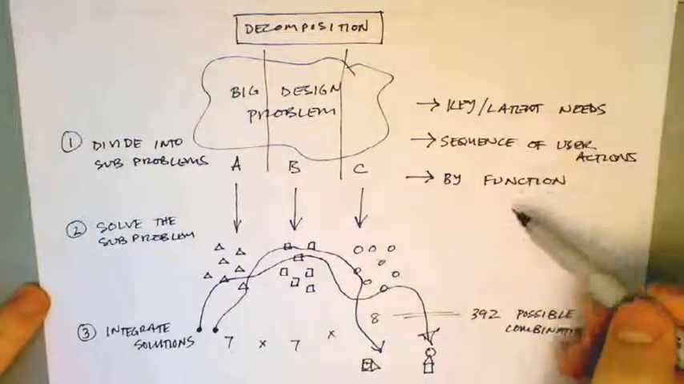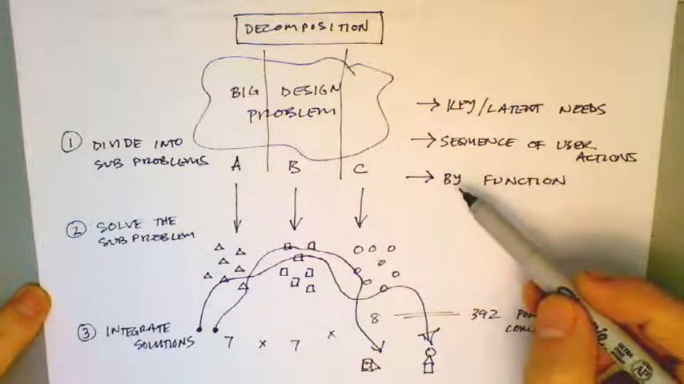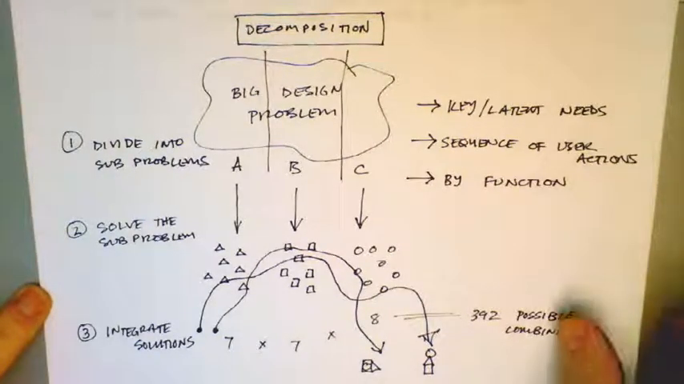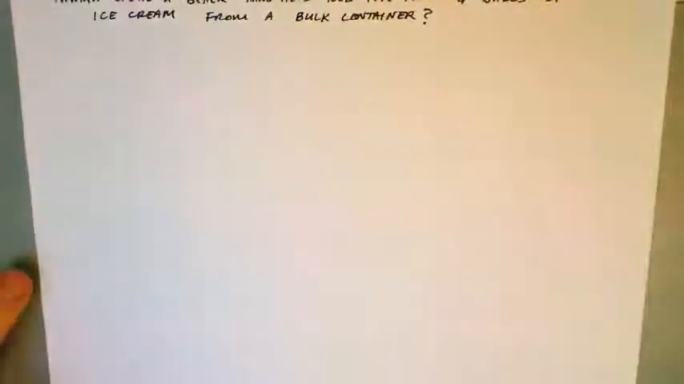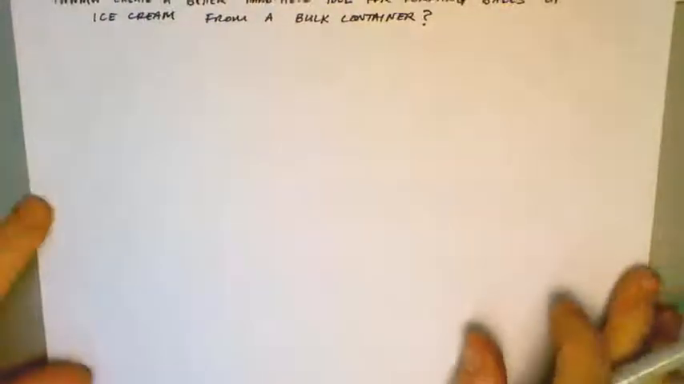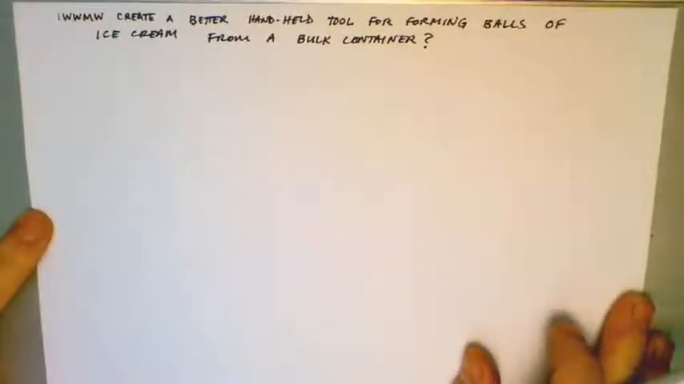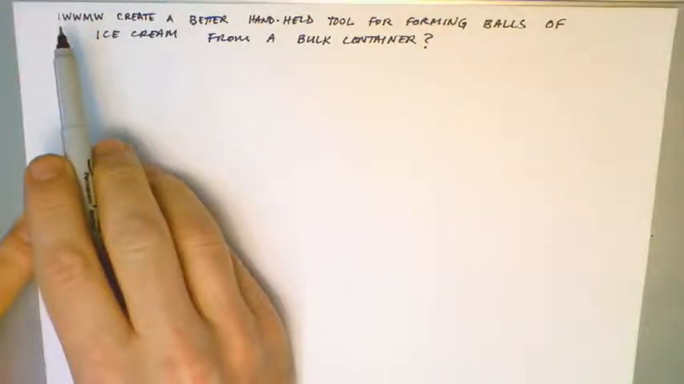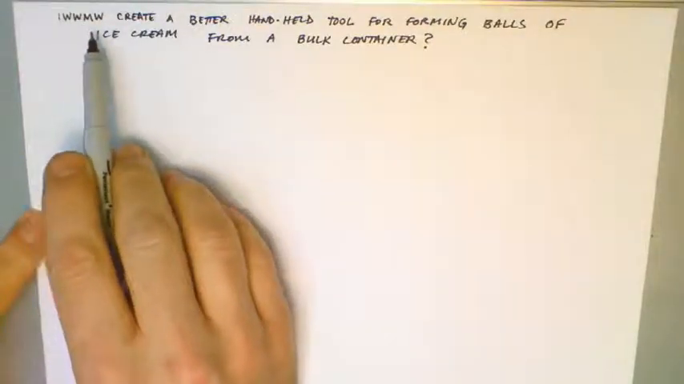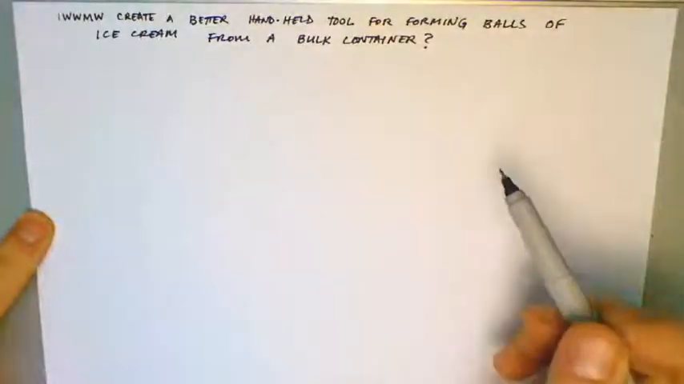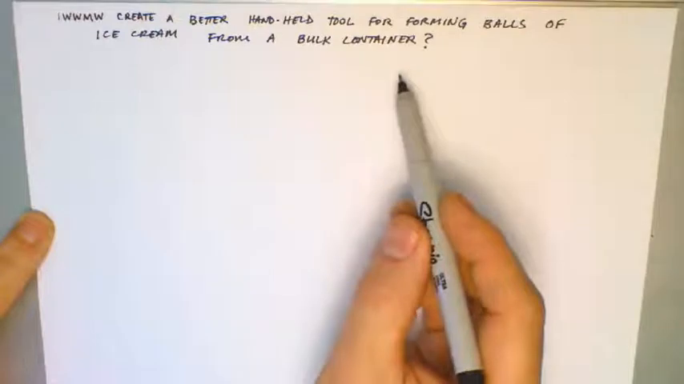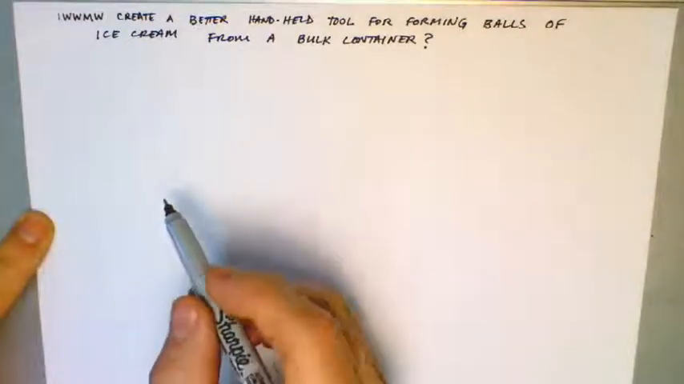I want to illustrate the method of using decomposition by function to help you in exploration. I want to do it by using the ice cream scoop example, and you may recall from the problem definition video that we came up with the problem statement: in what way might we create a better handheld tool for forming balls of ice cream from a bulk container? Now, decomposition by function